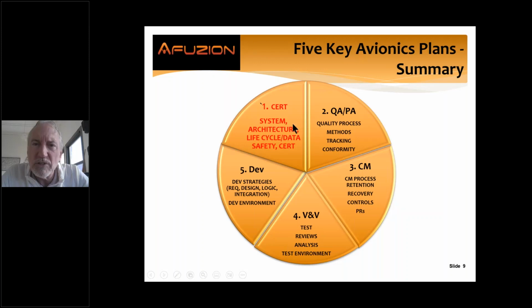So we're going to look at what goes in that PSAC and PHAC, but keep in mind it's part of the ecosystem. That means we need a QA/PA process. What are our methods for doing QA? How do we track? What's our conformity review? We all have changes. At the end of the project, we are going to reference and build an accomplishment summary, hardware, software, system. We're going to mention that briefly in the PSAC, PHAC, but we're going to show that all of our changes have been synchronized. That's the conformity review, so we're safe to go test flying, because possibly the day after certification, test flight.